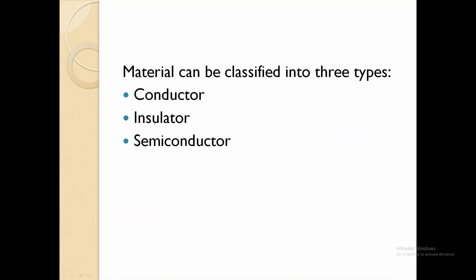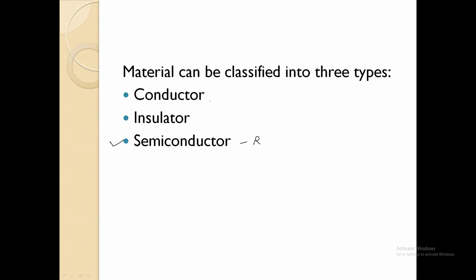So no current will flow through the plastic. It means that the insulator offers infinite resistance to the current, so that no current will flow through it. And now we will give more focus to the semiconductor material, because we know that a semiconductor shows the property of a conductor as well as an insulator. That's why we say that the semiconductor lies in between conductor and insulator. It means that the resistance of a semiconductor is greater than a conductor and less than an insulator.